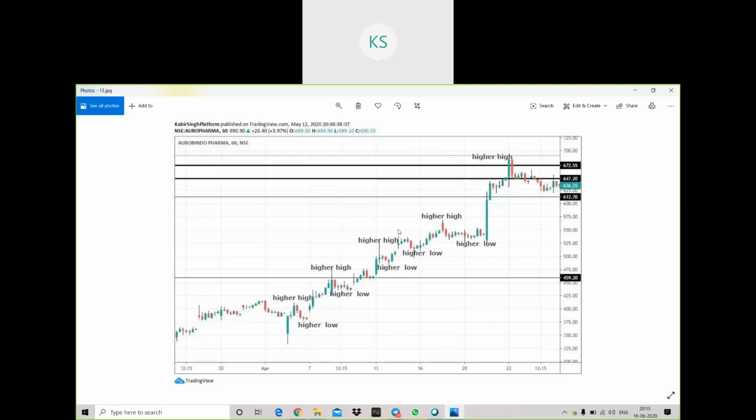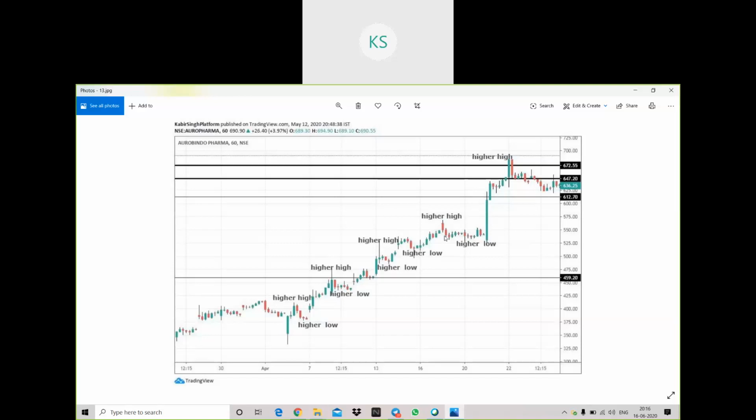Then again it went up till here, it has broken this high. We could have marked it here, but I have not marked it because that will create confusion on the chart. Here also, this was the high and the stock has gone to a higher point than this, so if you want, you can write that it is a higher high. Then it has gone in secondary trend and made a low here which was higher than the previous low, so a higher low is there. Then again the stock has broken this previous high and made a new high, so that will be another higher high for us.